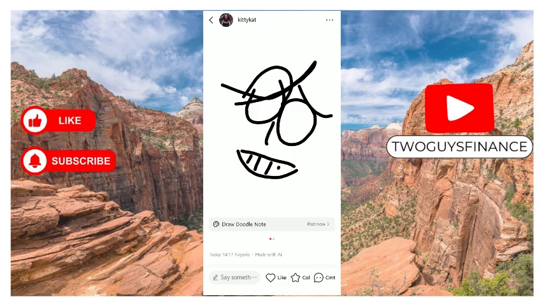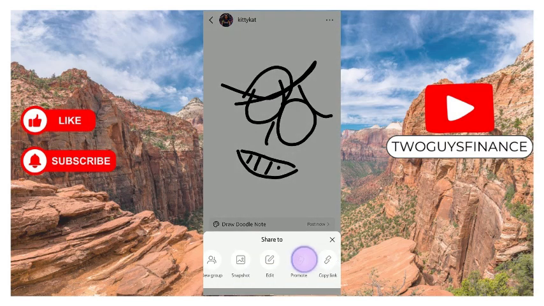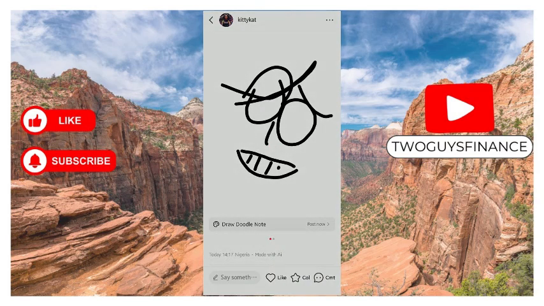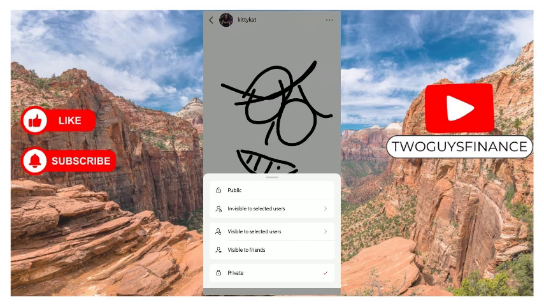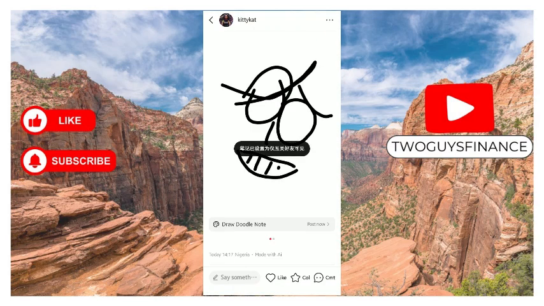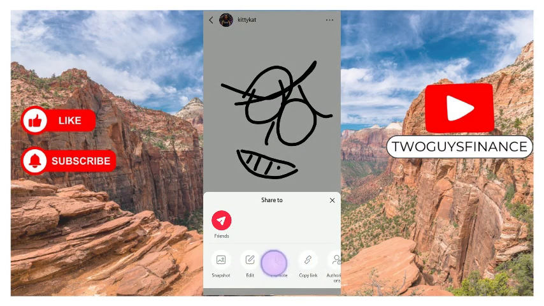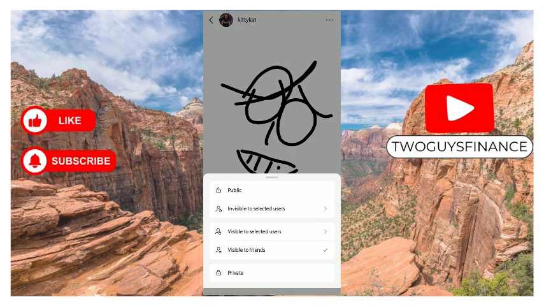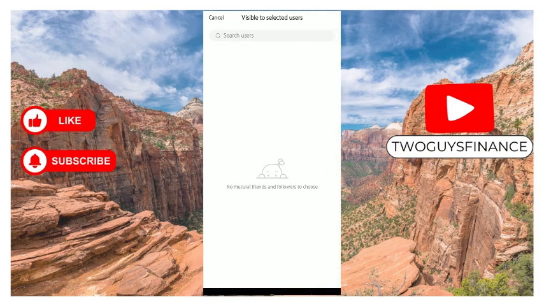You can also decide to make it visible to only a few people by following the same steps. You can make it visible to only your friends, or you can make it visible to a few selected users, and then you select that. You can see, this is a new account, I have no mutual friends and followers to choose. But you would do so, just click on the person or the group of people